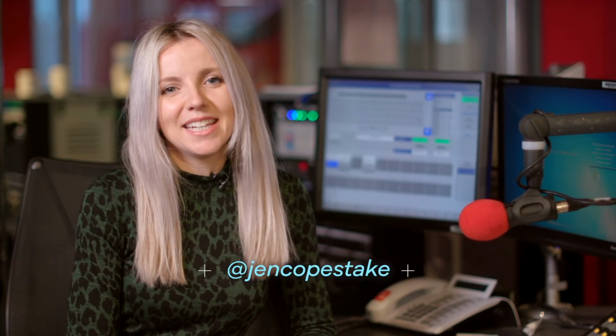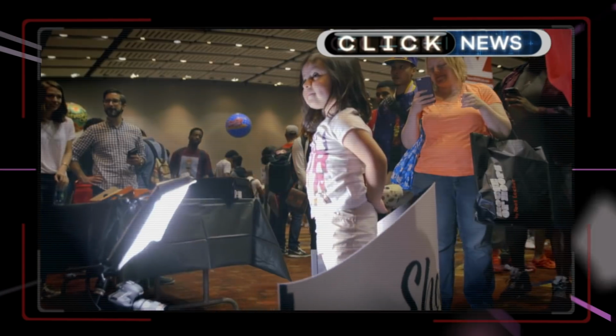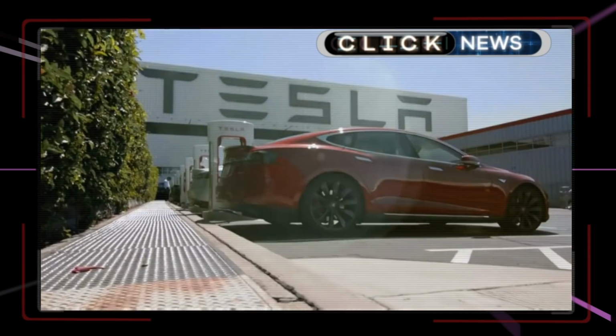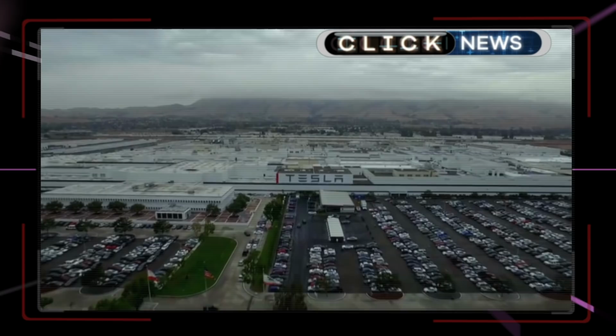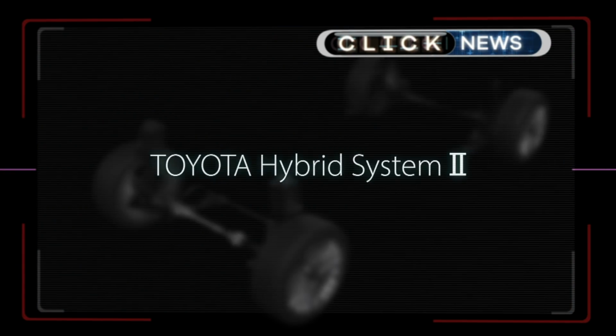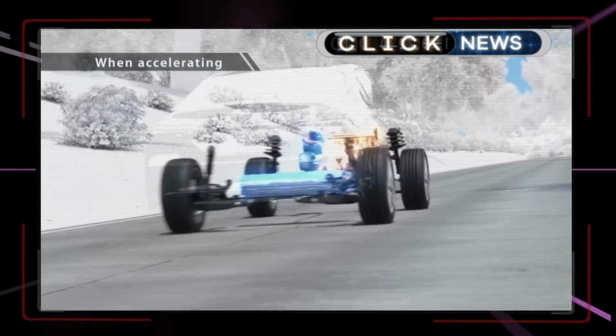Hello and welcome to the Week in Tech. It was the week that Google finally shut down its failed social network, Google+. Tesla was fined for violating laws on hazardous waste storage at its California factory. And Toyota announced it will offer free access to its hybrid technology patents till 2030 to encourage a transition to